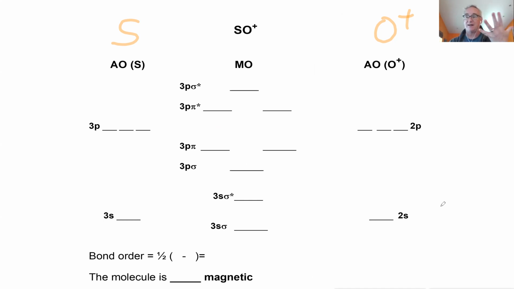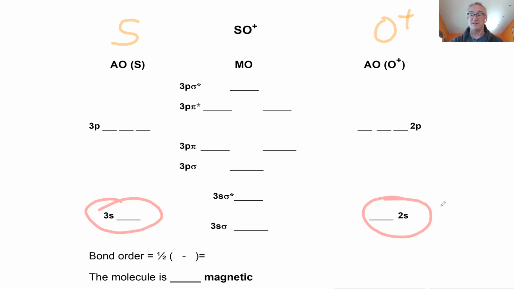Oxygen has 6 valence electrons, and sulfur is right below it. As you can see here, this side is going to be sulfur because it's 3s, and this side is going to be oxygen because it's 2. The valence electrons for oxygen start in the second shell, and for sulfur in the third shell, because that's where its electrons are furthest away. We know they're in the 6th group, so how many valence electrons does each one have?